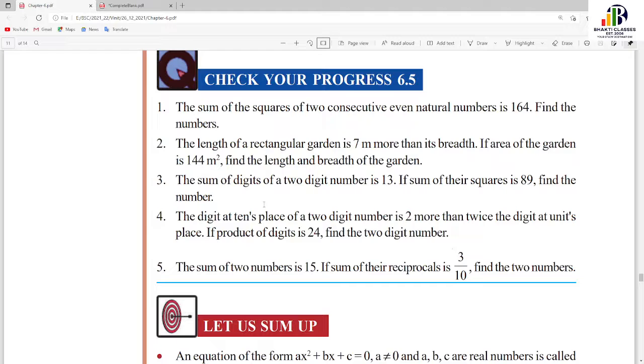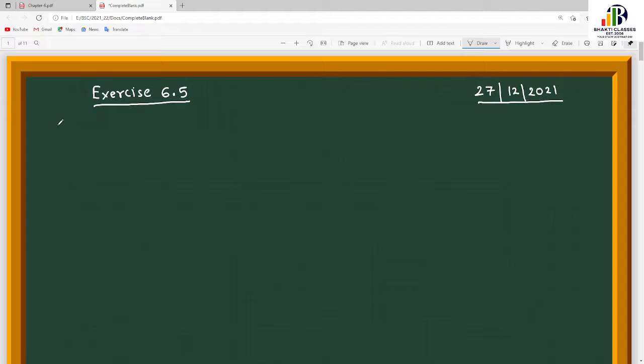राइट? सो द फर्स्ट क्वेश्चन, the sum of the squares of two consecutive even natural numbers is 164. Find the numbers. Okay, so question number 1,